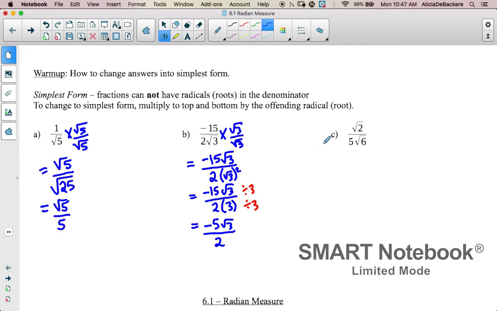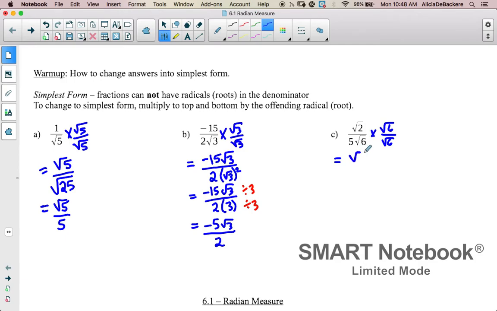All right, our next example is root 2 over 5 times root 6. So it's really important to think about, well, what's the thing that I want to get rid of here to get to simplest form? All I care about is the root in the denominator is the one that's bothering me. So again, I'm only going to multiply the top and the bottom by the root in the denominator, the root 6. So I don't care about the root 2, he doesn't bother me, and I don't care about the 5, he doesn't bother me. And now I'm just going to multiply again across the numerator, root 2 times root 6,